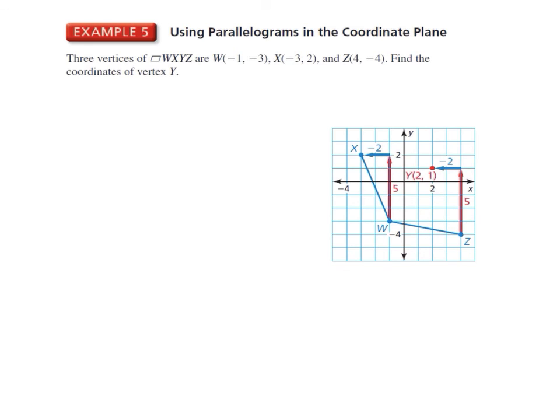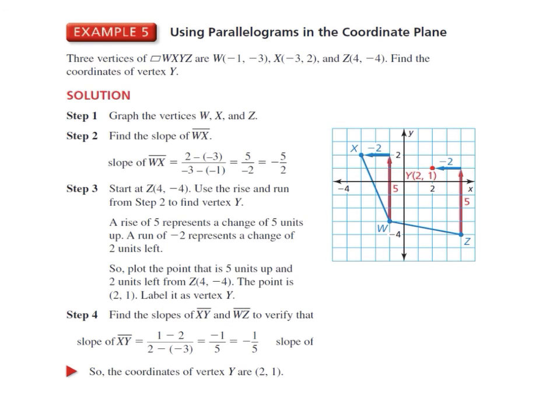So if I'm looking at the given vertices, I can see WX is given, and then I'm trying to figure out where Y is, so Y has to be somewhere over here if this is my shape to start my parallelogram. So I figure out my slope here, so it's up 5, left 2, and if that's the slope for XW, then that's the same slope I do to plot out and figure out where the missing vertex is. So your Y coordinate is located at 2, 1. And here are all the steps